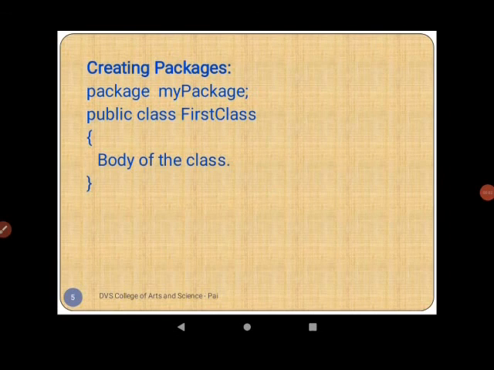Step number 3. We need to create a subdirectory under the directory where the main source files are stored. With reference to our example, we need to create a subdirectory called mypackage within the Java bin directory. Step number 4. Now we need to store the file as the classname.java file in the subdirectory.